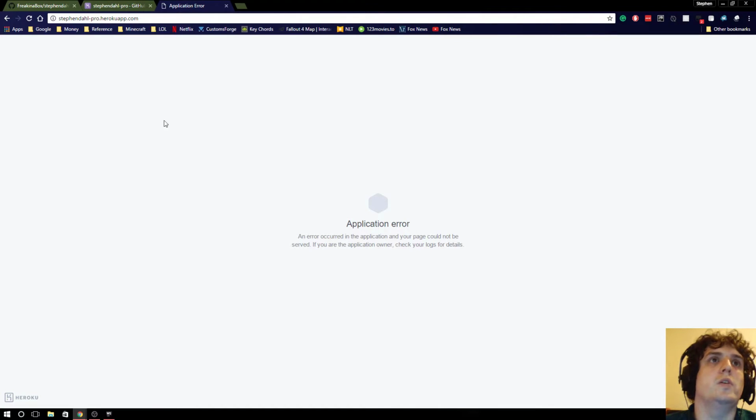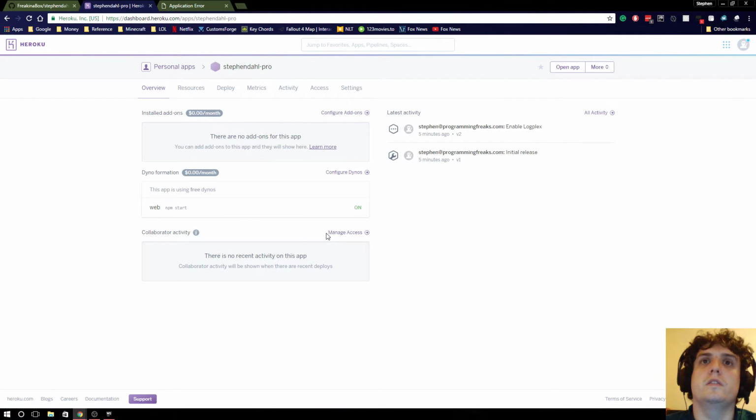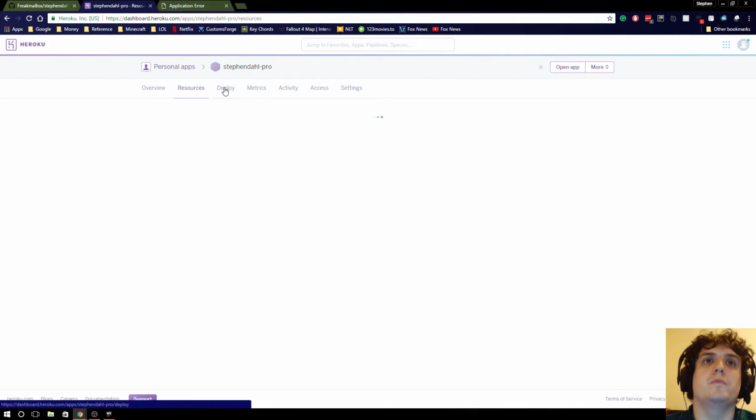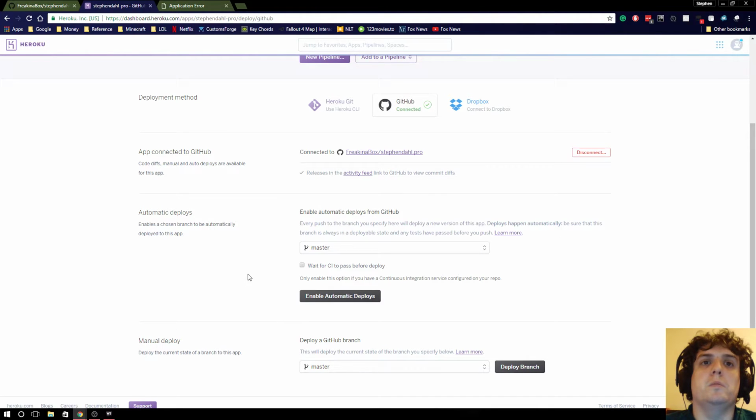And now over in the Heroku side, let's see if this has picked up the deploy or not. So I'm not sure why automatic deploys is not picking up now. Maybe it was missing master before there. Now that that's actually filled in, because we didn't have a master branch before I did my git push, and I set this up before that,